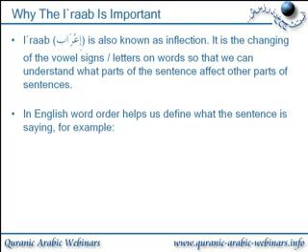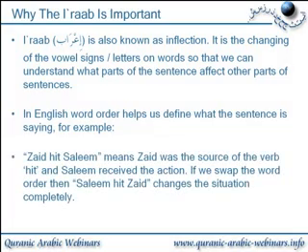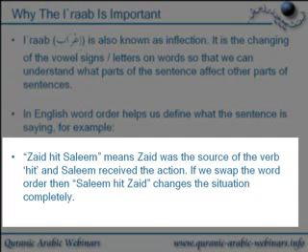In English, word order helps us define what the sentence is saying. So what we're going to see here is a simple example of a sentence. Zaid hit Salim. Means Zaid was the source of the verb